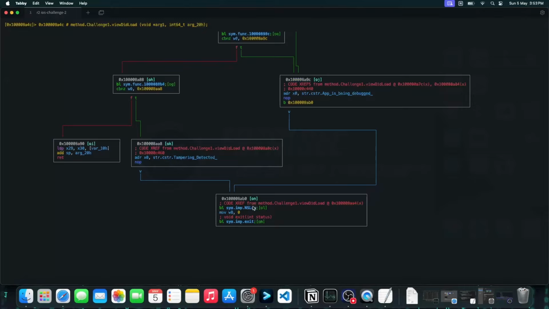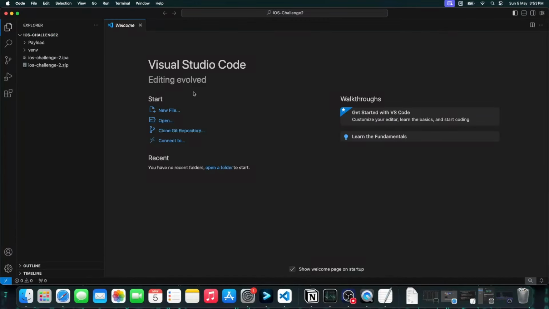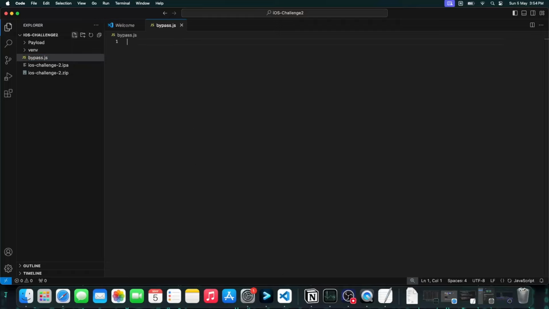For writing the Frida scripts, let's jump to Visual Studio Code, which is my go-to editor. And here I have already opened this iOS challenge 2 directory where we have extracted the payload and we have this IPA file. So right over here, let's create a new script and name it bypass.js. Okay. Now in order to intercept the NSLog function, we can use the Interceptor.attach API of Frida,